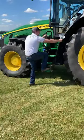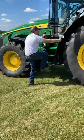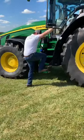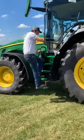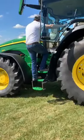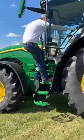Lift this foot to get in. You've still got your 3 points of contact. If you need to move a hand or whatever, now you can, because you've got this one here. And you're going to step up and continue to step up with those 3 points of contact as you go. So when you get into the tractor cab,